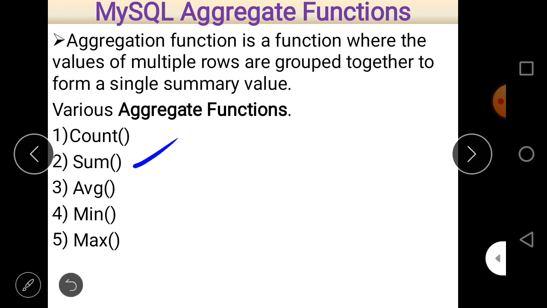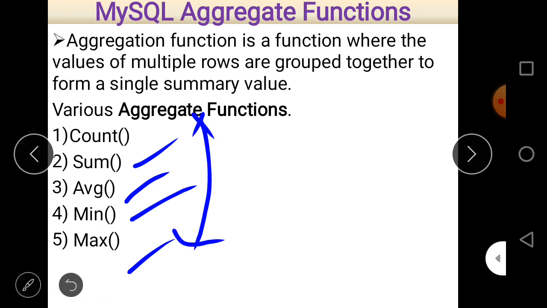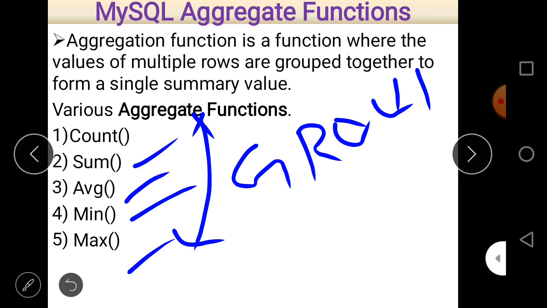Then SUM is to find the additions, and AVG is used to find the average. MIN is used to find the minimum value, and MAX is used to find the maximum value. These are the different aggregate functions used in MySQL, and the most important application of these aggregate functions is the GROUP BY clause.